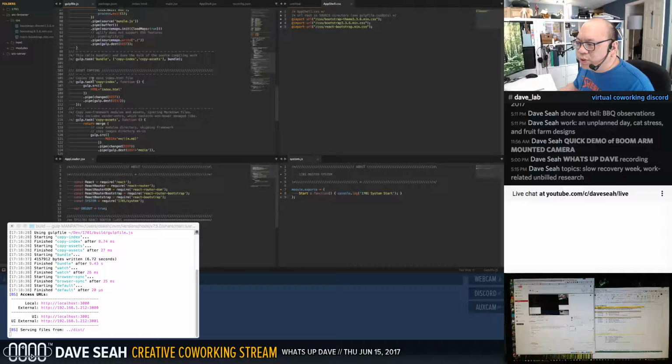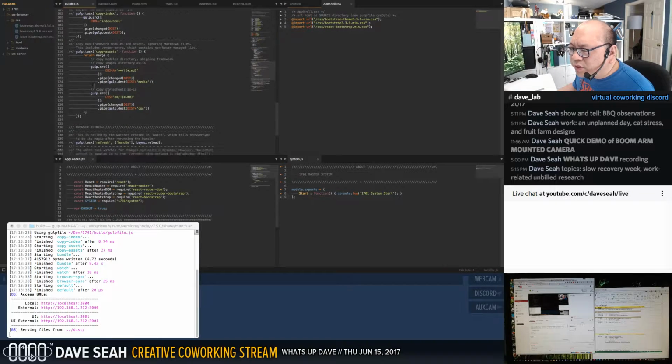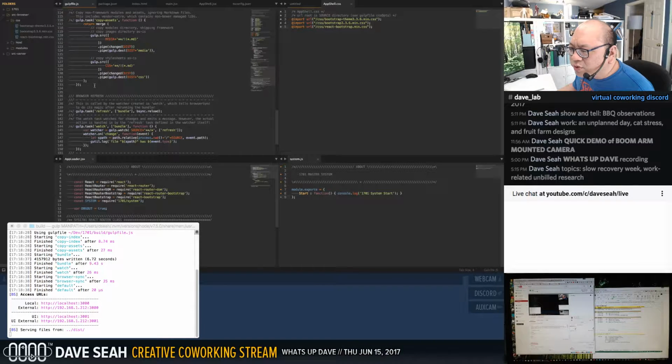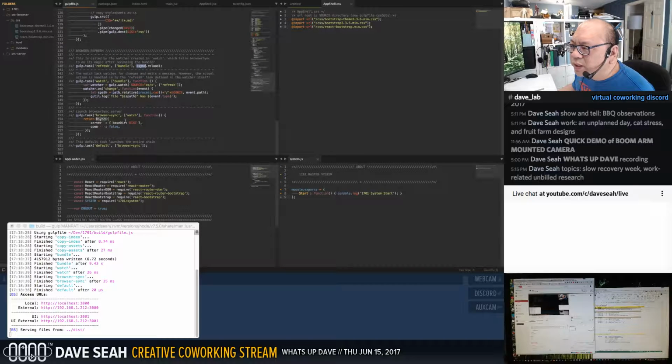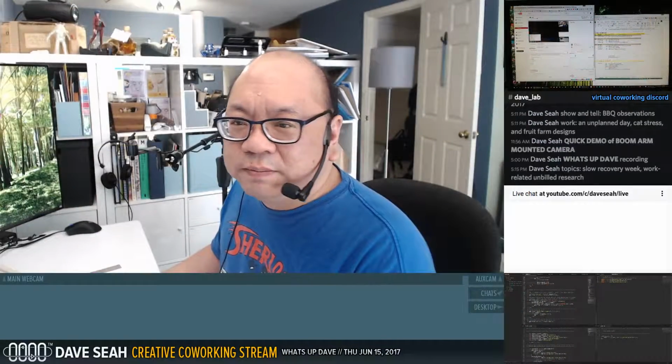There's one issue in which every time I do a refresh, it actually seems to burn more memory. So there's some sort of memory leak somewhere in here. Not sure where it is, but it just gets slower and slower every time it refreshes. But it's getting there. So that was the big thing for today.